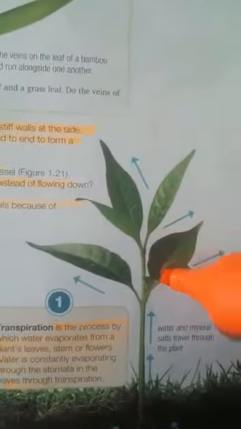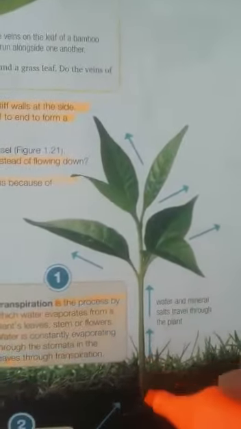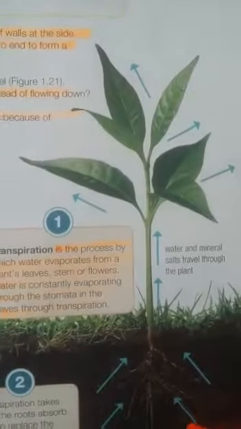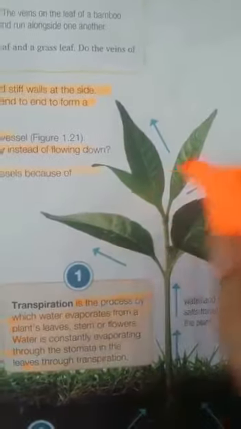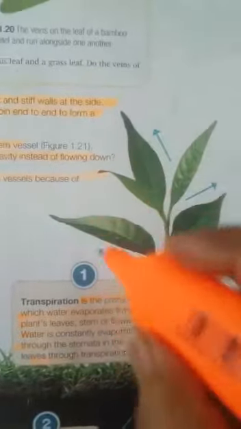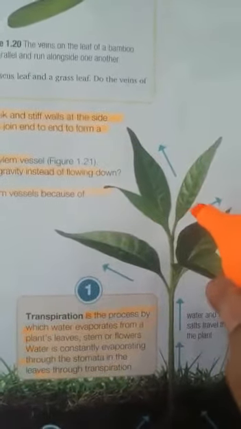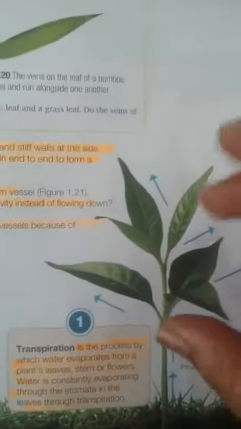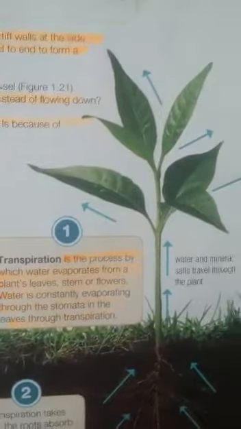And due to this suction of the water, there is a gap, and in order to fill the gap the water continuously comes from the soil towards the upward parts of the plant. It means this transpiration is very important. Transpiration means evaporation of the water vapors through the stomata towards the surrounding, and in order to fill this deficiency or loss of the water, water is sucked towards the upward parts of the plant.